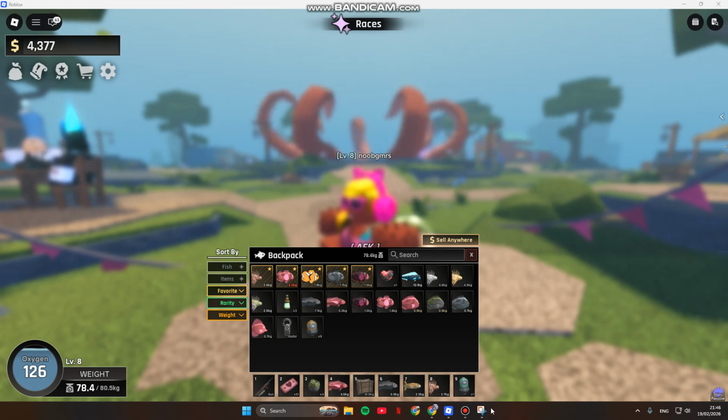So on today's tutorial, I'm going to show you the super easy way to add fish to your favorite list in Abyss Roblox. So if you want to protect your albino mutations or maybe the legendary catches so they stay safe in your inventory forever, here I'm going to show you how you can easily add the fish to your